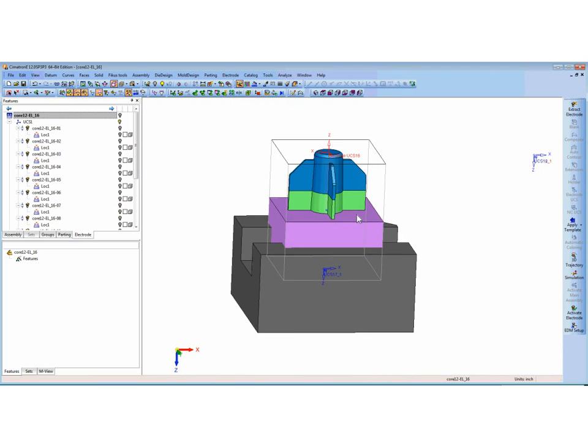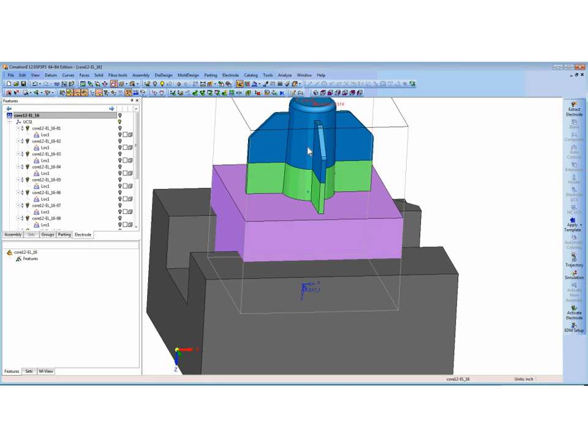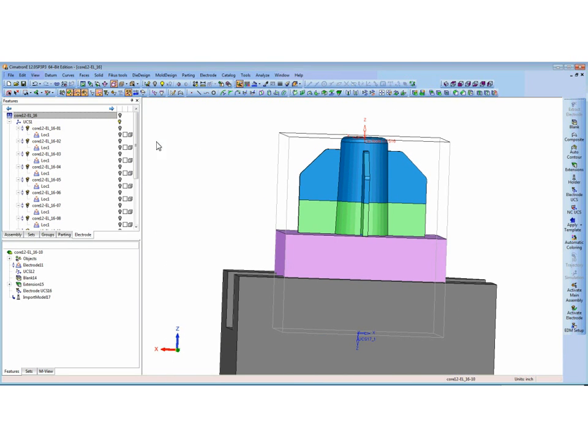So for this electrode, obviously we would never design an electrode like this because it defeats the purpose. We've got sharp walls and stuff here. But I do it this way in order to explain how the software works. So